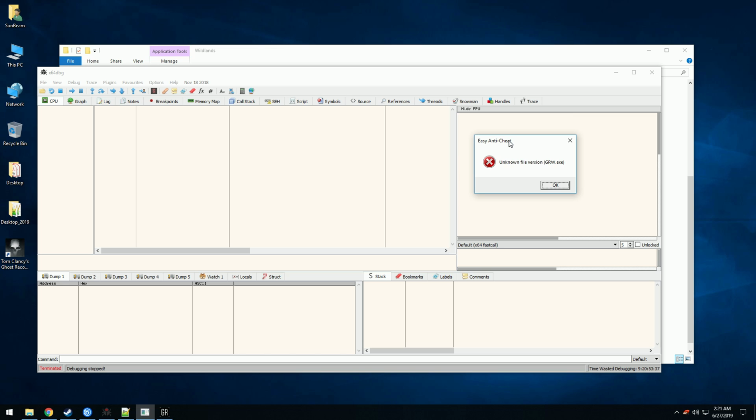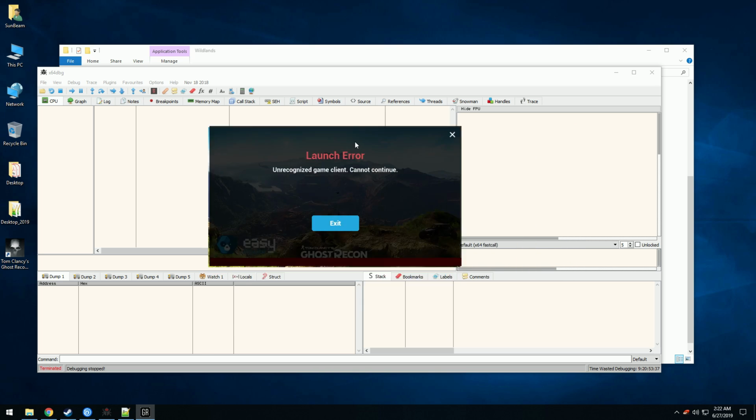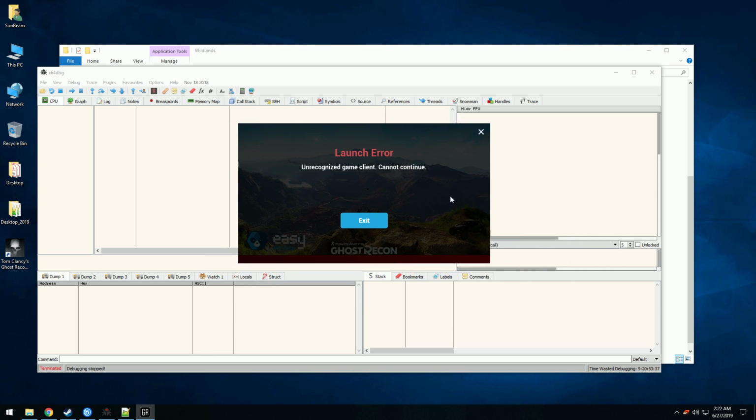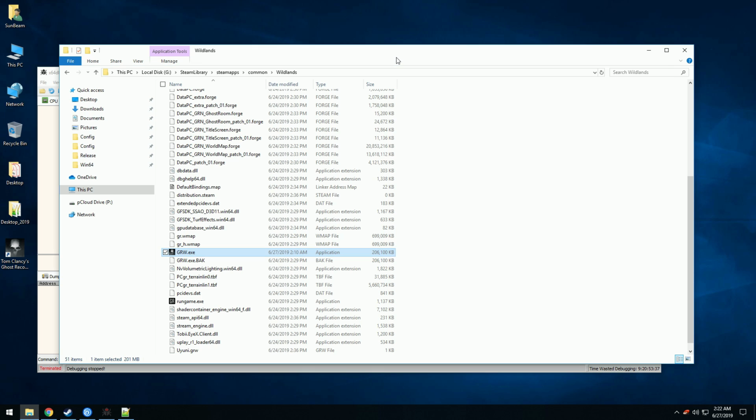So this is the error that I get right now, and what we want to do is progress further past this error and see what's going on. Basically see where exactly rungame.exe is actually running our game, grw.exe, the 4th time. I click OK, and well, you can see here, launch error, unrecognized game client cannot continue. And this is also how I know run game is the easy anti-cheat launcher. So exit, and what we want to do next is